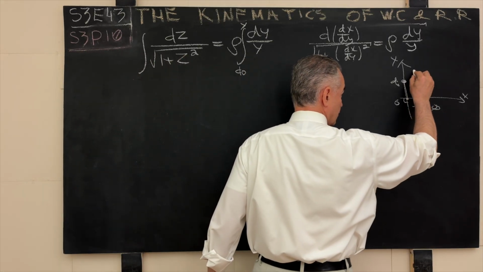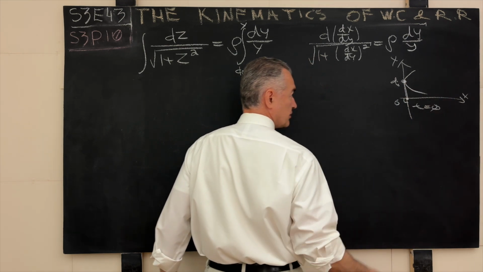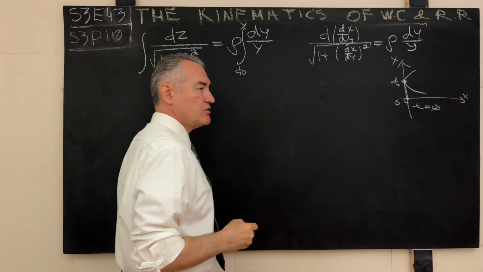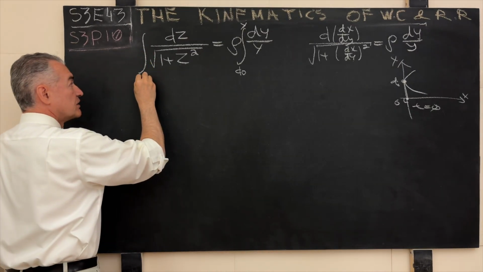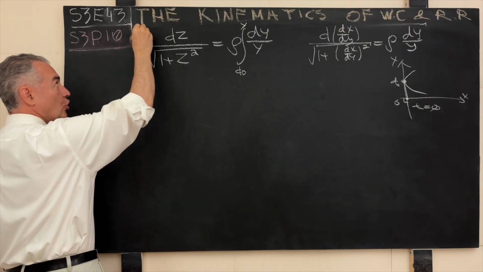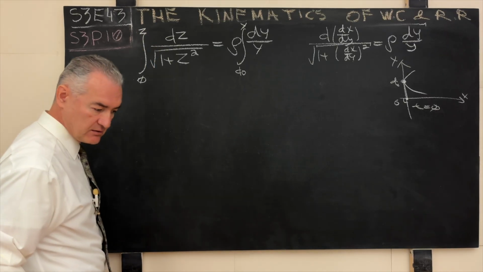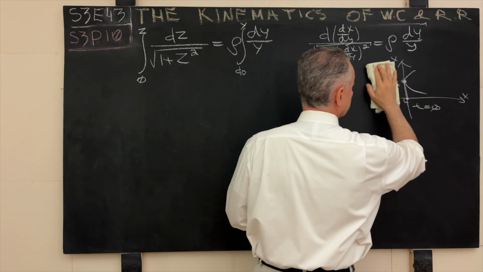This is it. This is nothing complicated. We already made all sorts of kinematic observations. So here at this point, what is the value of dx over dy? It is 0, exactly. So we integrate from 0 to what? To the current value of z. The current value of z, and this is it.